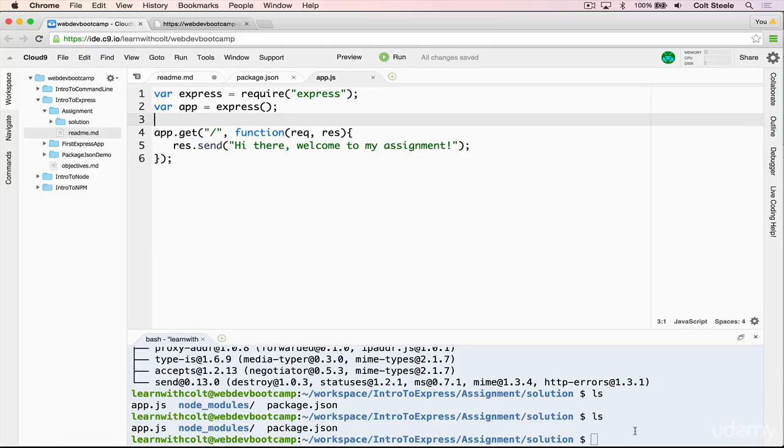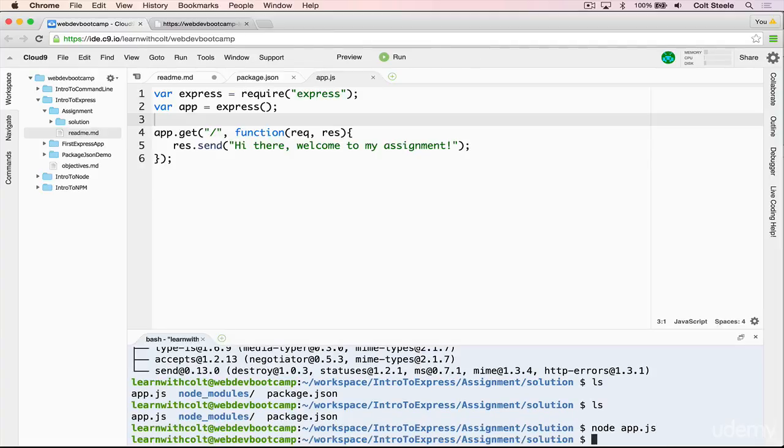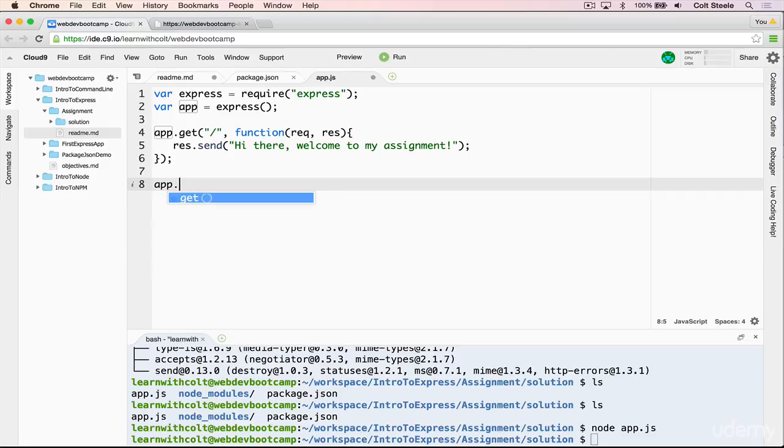And let's go ahead and start the server. So node app.js, and you'll notice that nothing happens. And that's because we're missing the code at the bottom that actually tells the app to listen on a particular port. So we need to add in app.listen, and then we need to provide the port, which is